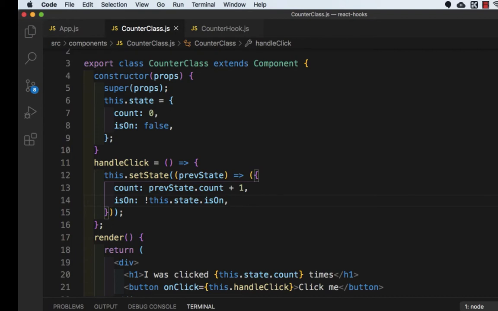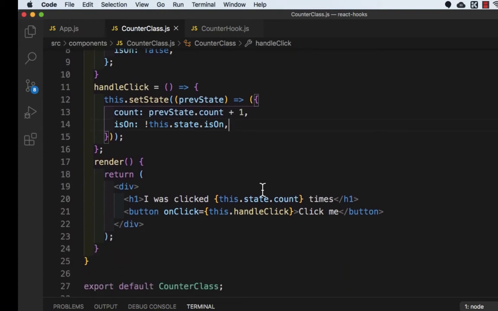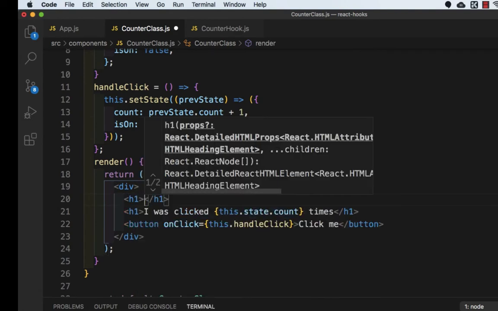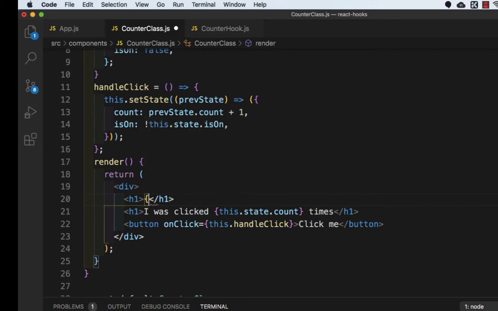So basically we are reversing the value of the current isOn property. If it was false, then let's set it to true and vice versa. And down here, I will take one more h1 tag and here we are going to print the isOn value. So here we need to take curly braces and here we need to say this.state